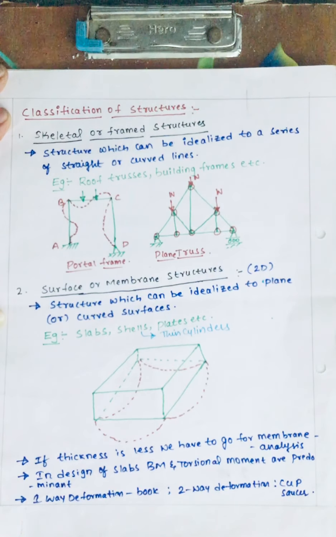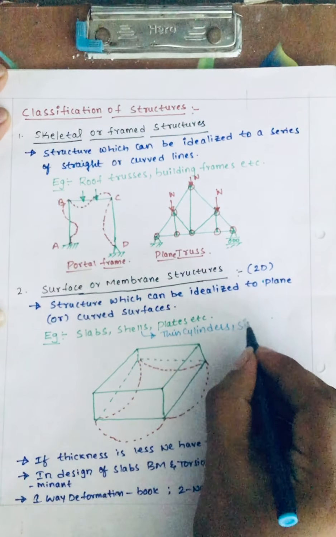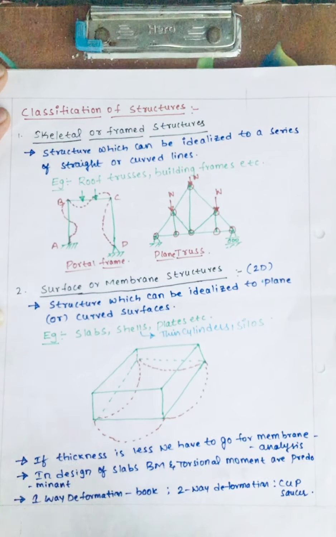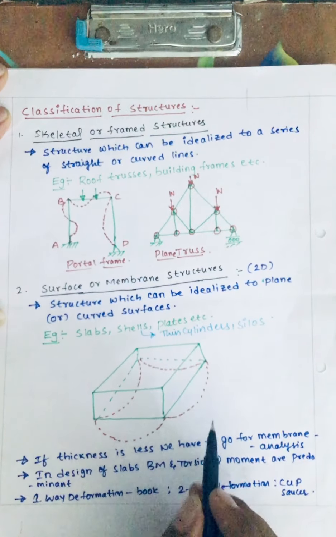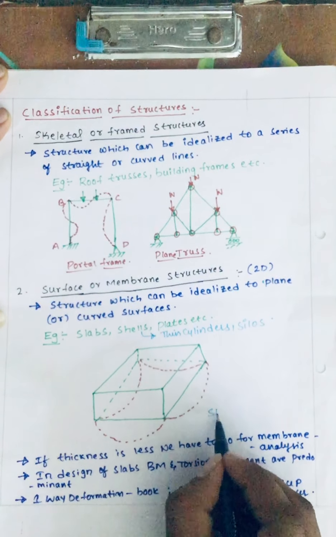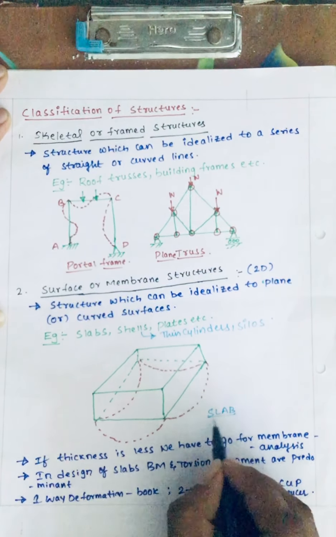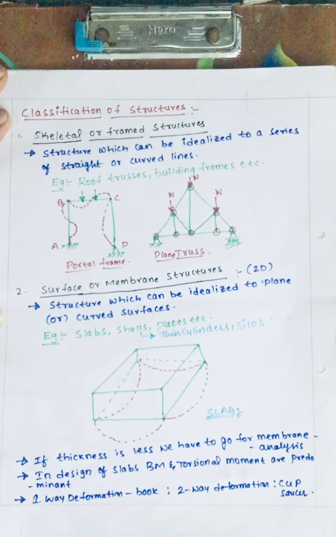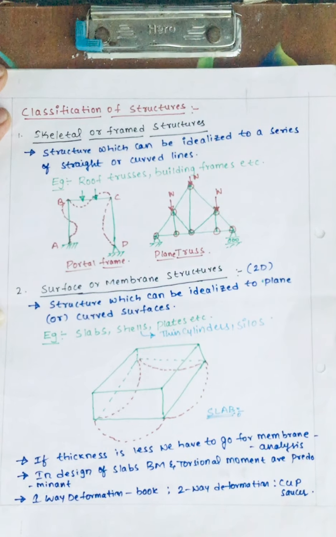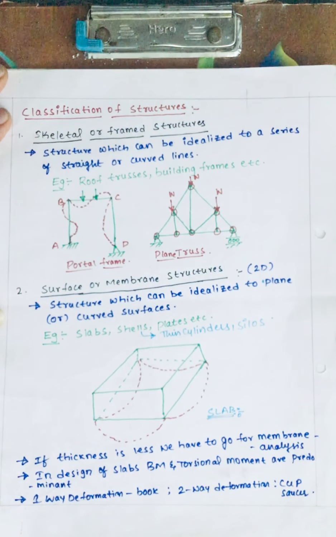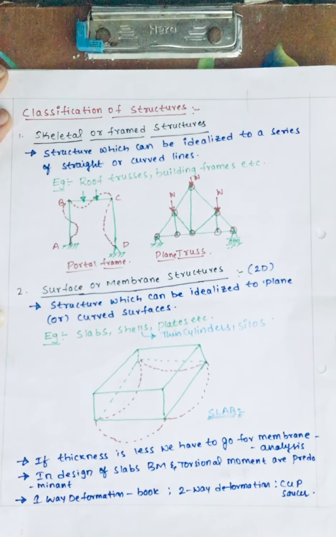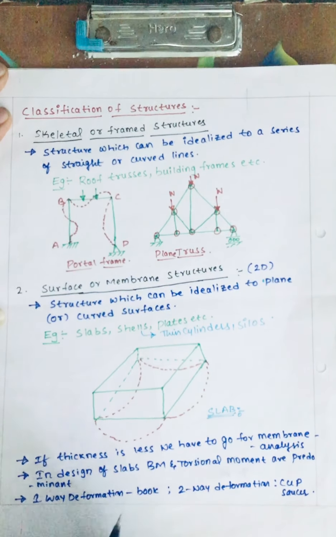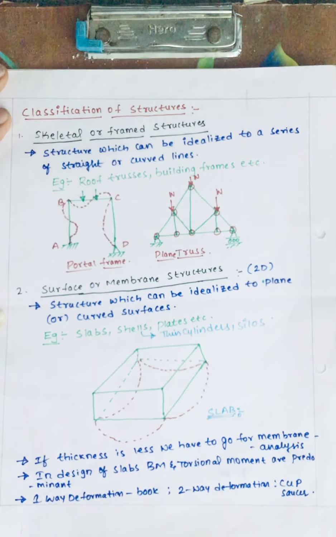Okay, your thin cylinders like bunkers, silos. Those materials are known as shells, plates, etc. Suppose you see a slab over here. Your slab has to be decided whether it is one way or two way. Generally, people will say if Lx by Ly is less than 2, it is called a two way slab. If Lx by Ly is greater than 2, it is a one way slab. There are some assumptions like that, but that is not a correct assumption. So you have to follow this assumption.